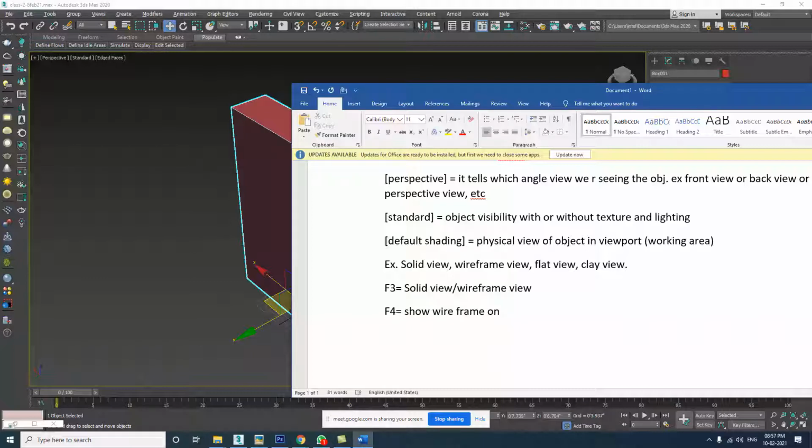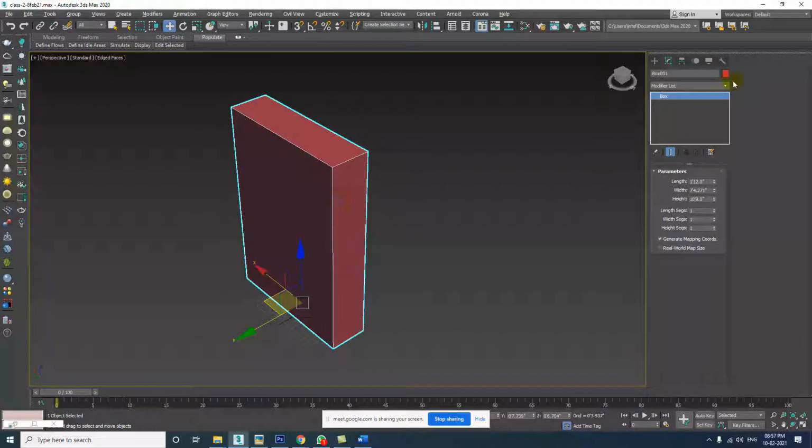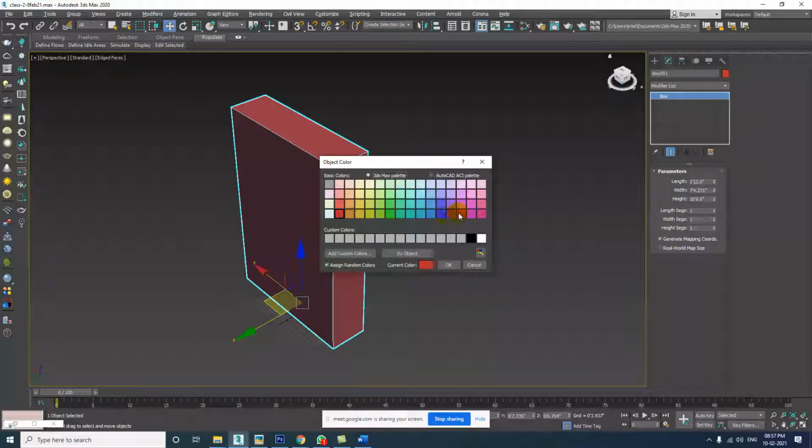No, see what happened now. I will tell you what is happening. It is difficult for me to explain this, but I will show you practically how it works. I will just change the color of it because it's going to be red. So I'm changing it a little bit to a light color so that it is visible.